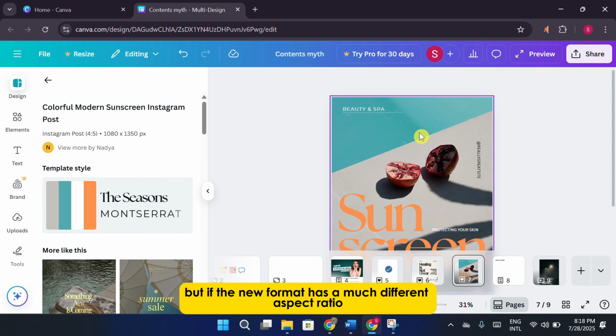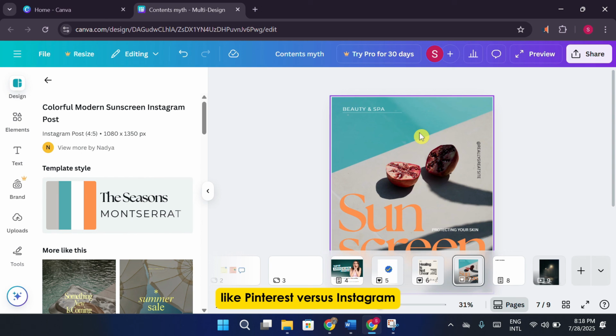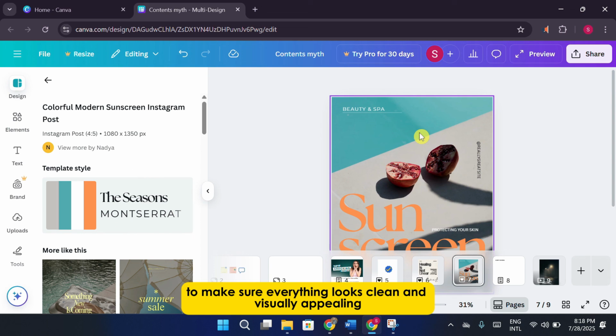But if the new format has a much different aspect ratio, like Pinterest versus Instagram, you may need to tweak the design a little. This could mean adjusting text placement, resizing images, or repositioning elements to make sure everything looks clean and visually appealing. One of my favorite features is that I can go back into my Sheets tab within